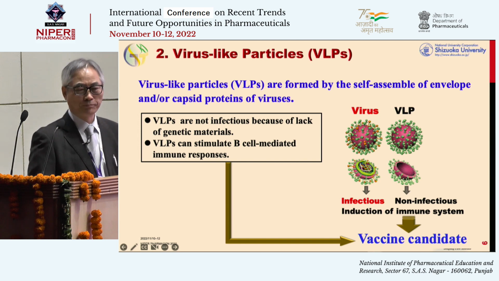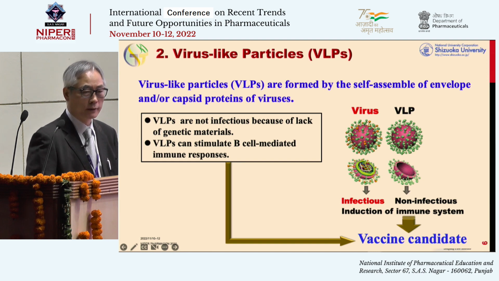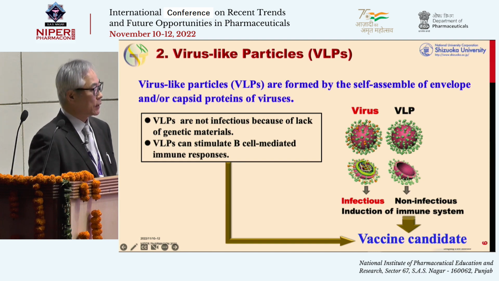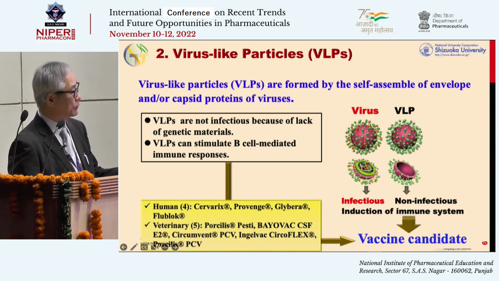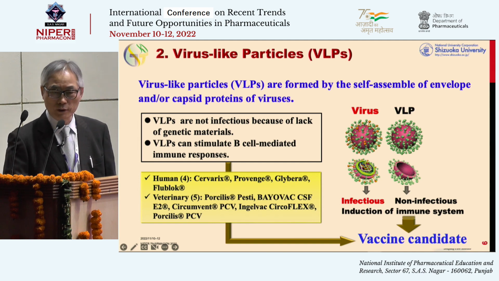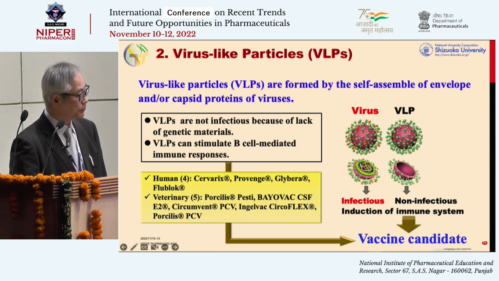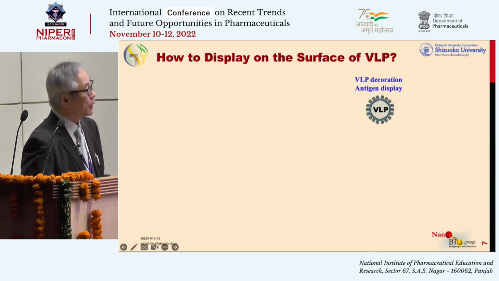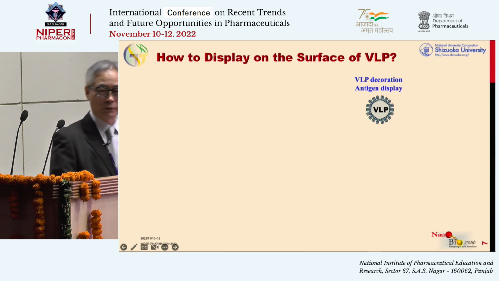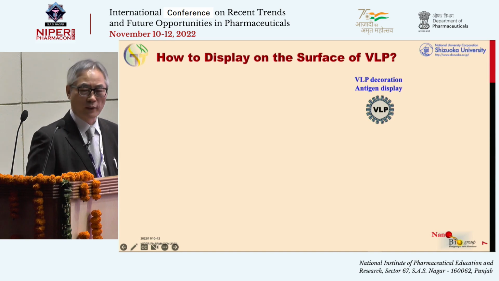Already, as you know, papillomavirus-like particle is already commercialized as a vaccine. And now nine kinds of VLP vaccines are already registered for human and animal purposes. This VLP itself can work as a vaccine. However, we want to improve vaccine efficacy, or we want to use this kind of VLP for a different kind of purpose. We have to